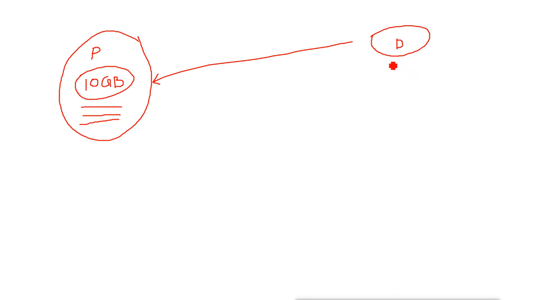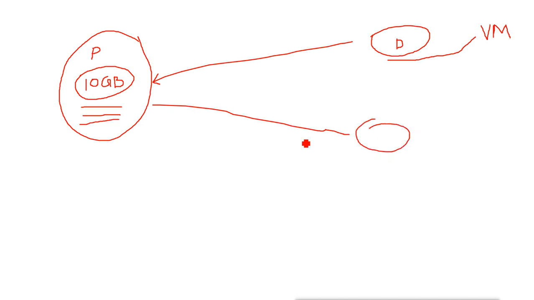Now I will use this disk to create a virtual machine. When I start the virtual machine, it will have all these configurations, everything which is under the parent disk, and we don't need to install anything. So without installing or configuring anything, I get the machine ready here. In the same way, I can create multiple child disks.